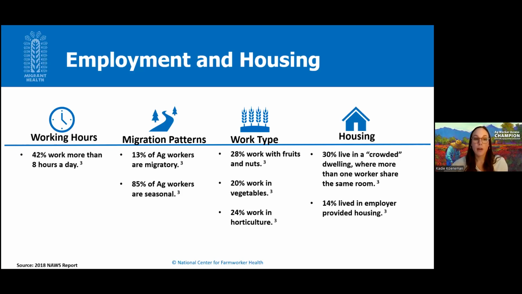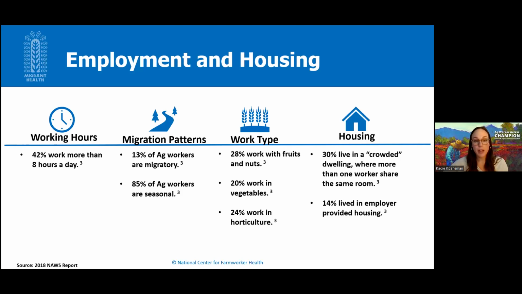Looking at working hours, agricultural workers' hours accommodate the crops, not vice versa. So there are several different payment methods and working hour situations. 42% of ag workers report working more than 8 hours a day. On average, workers work 35 weeks of the year in agriculture, 6 weeks doing non-agriculture work, and 9 weeks unemployed in the United States, and an average of 2 weeks per year outside of the US.